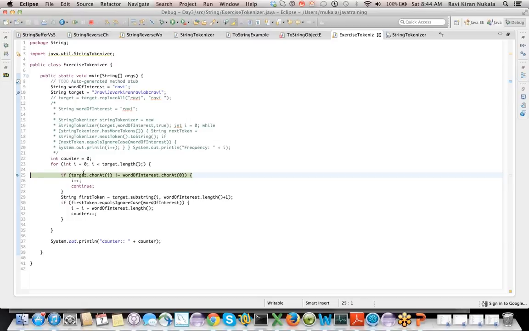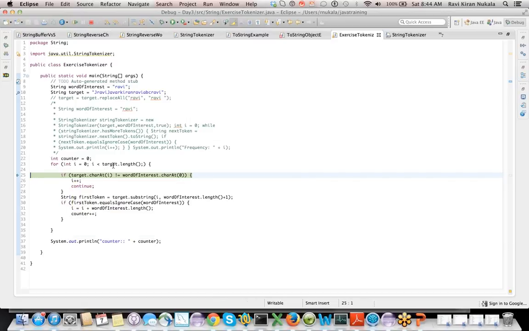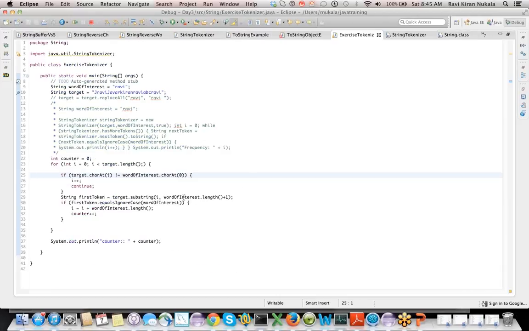Then the next character that comes in is not matching, so it goes through to the next character that is matching, goes through the next character, until we reach, yeah, here. See, I think substring of i.